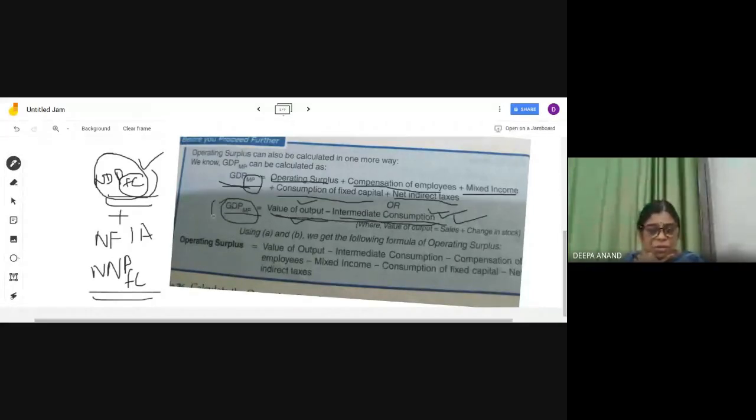So once you get GDP at MP, you can make it to NNP at FC. You can find the national income by subtracting the depreciation, then adding the NFIA. So G has to become N, so minus depreciation, then NDP at MP, add NFIA, then MP to FC, subtract the net indirect tax. So the problems will be given in different ways, and accordingly we have to change the equation also.